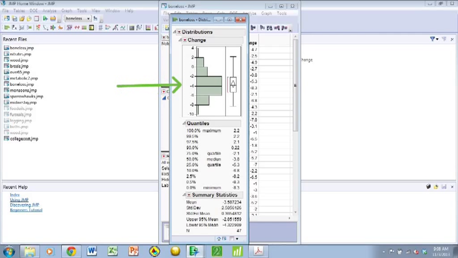So remember, this shows you your histogram, your box plot, all of the quantiles. So these are the 5-number summary numbers, upside down of course, because JMP likes to do things upside down. And then down here you have your mean, standard deviation, and notice that you also have